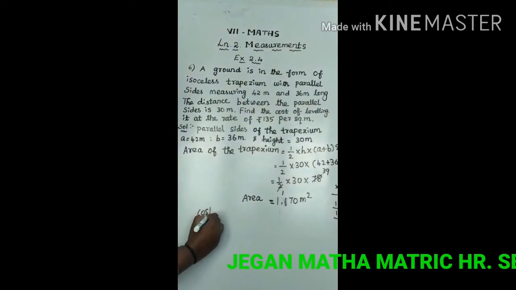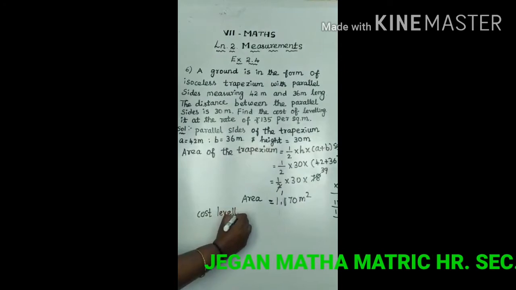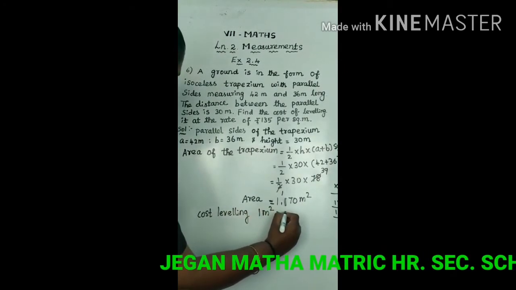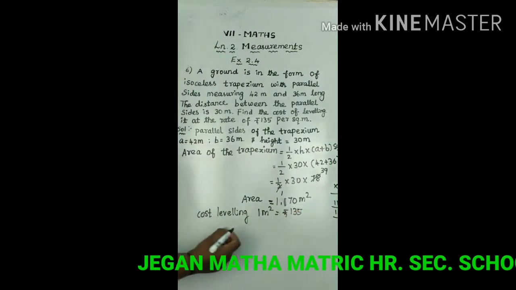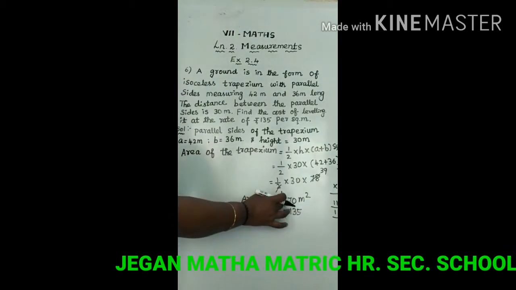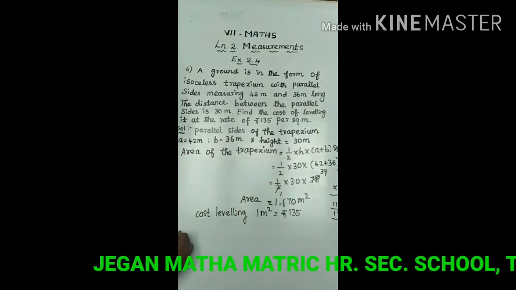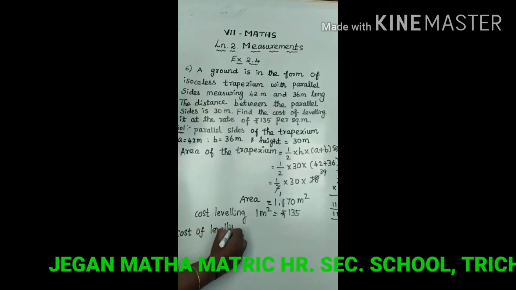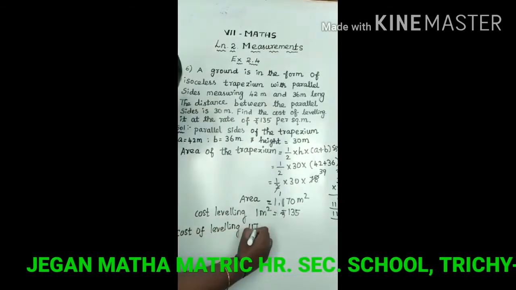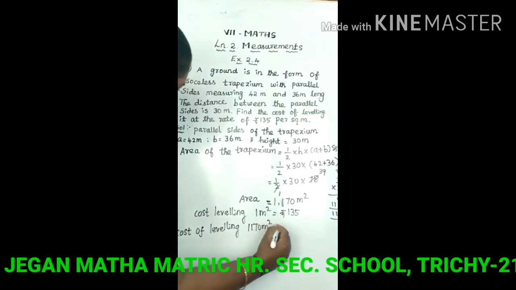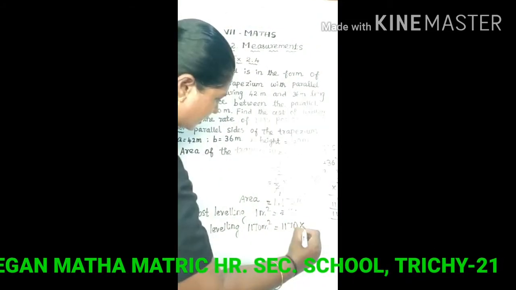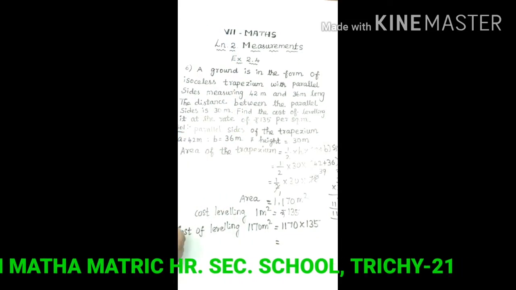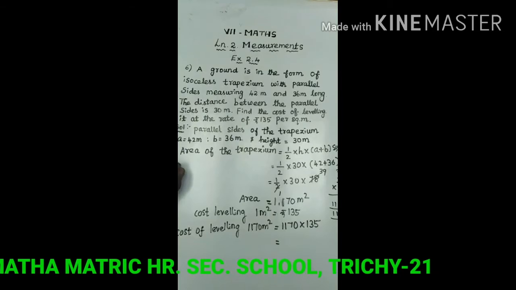So for the cost of leveling, given 1 meter square is equal to rupees 135, and we have the total area 1170, we find the cost of leveling 1170 meter square. We multiply 1170 into 135. So we multiply now 1170 multiply with